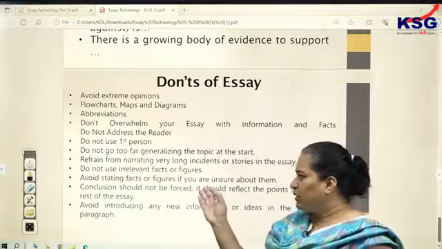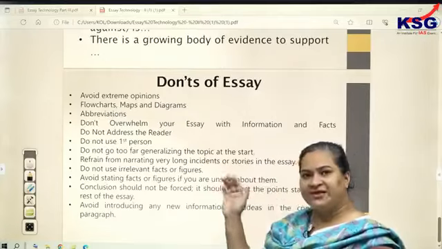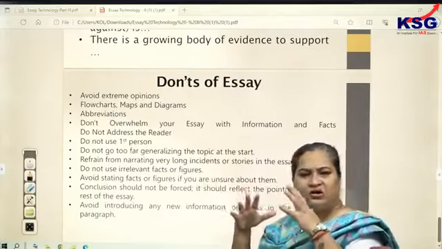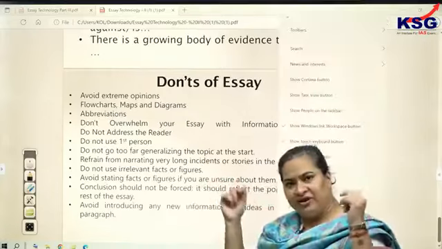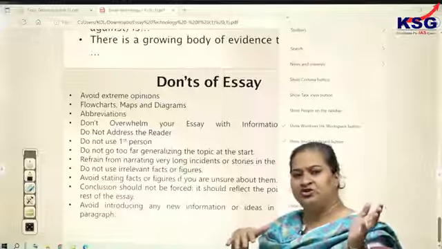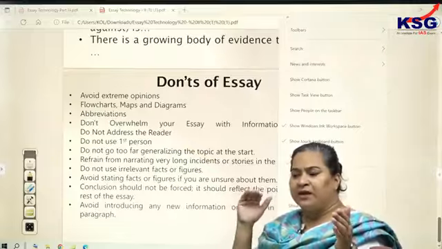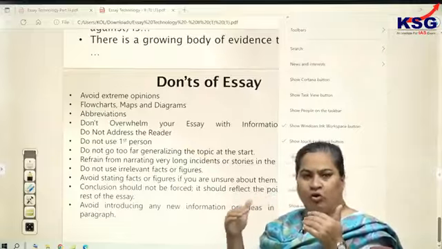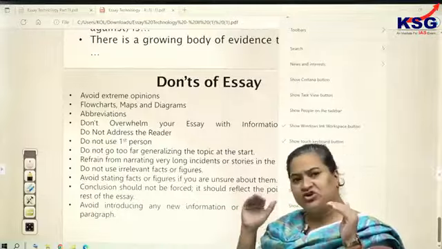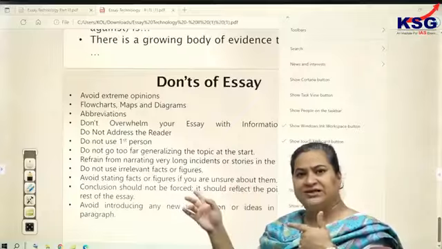So when you're explaining with facts and figures, see to it that it's not too stretched, it is relevant to the content, it's not too far-fetched, and it's somewhere connected to the core or the essence of the topic. Don't write things just because you know, write because it is needed.